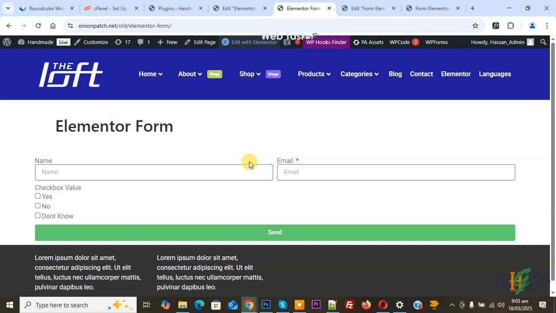Bismillahirrahmanirrahim. Assalamu alaikum. My name is Hassan and today we are going to redirect contact form information to WhatsApp after